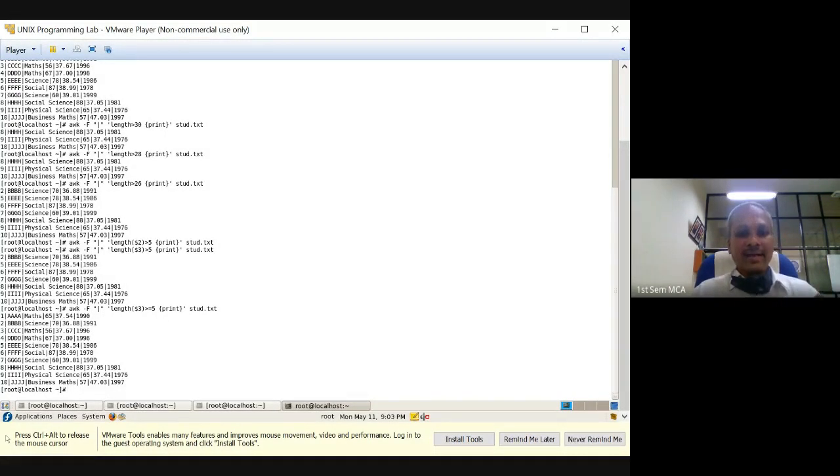If that is the case, probably I can show, or I can also modify this: length greater than or equal to 5 and length of $3 less than or equal to, let us say, 10. I want to display only this, not everything. Wherever the third field width is between 5 and 10, I would like to display. So again, you will not get all 10 because there are some 2, 3 which are beyond 10. So let us see what output you will get.